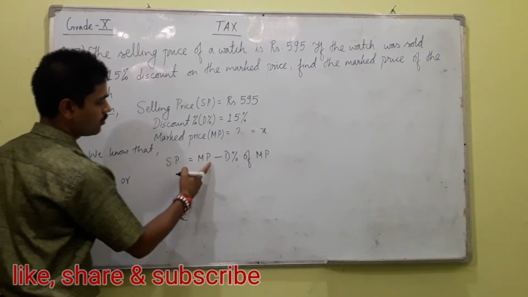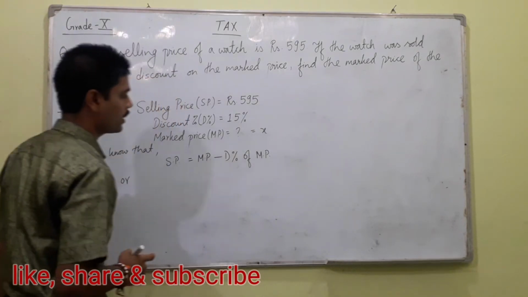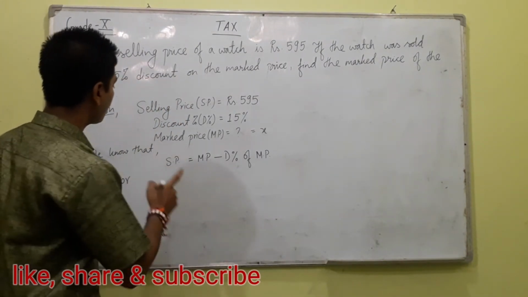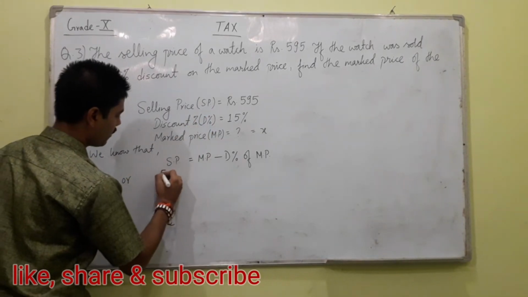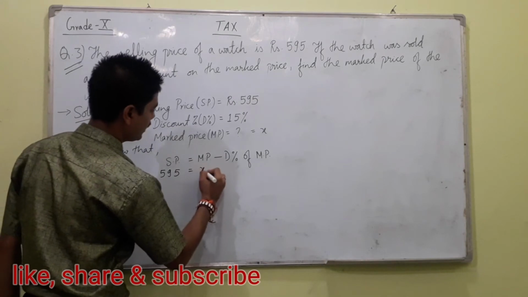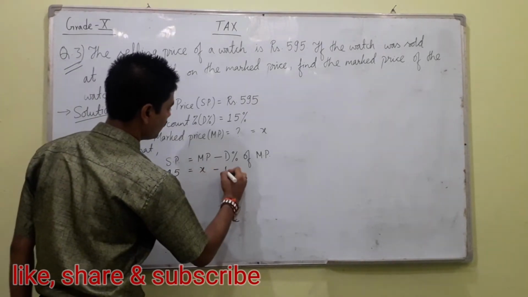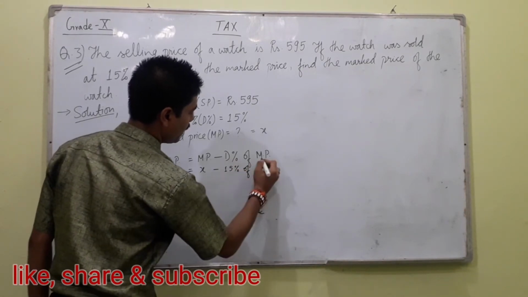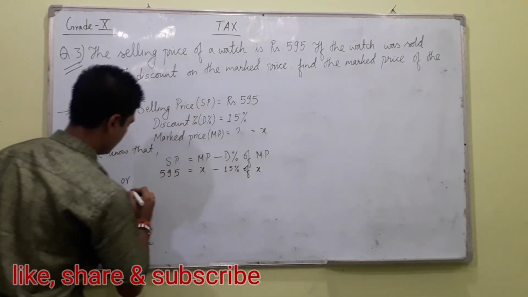Selling price is equal to mark price minus discount percent of mark price. You can see how the formula has come in the previous video. Now directly let us solve this. 595 is equal to mark price, let X, minus discount percent, 15% of X, or